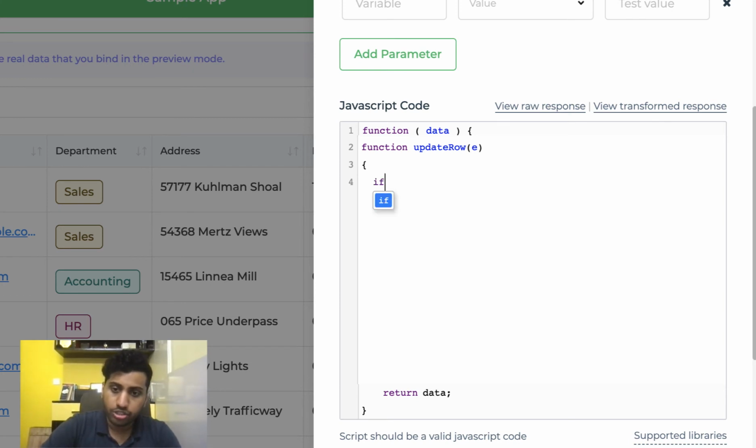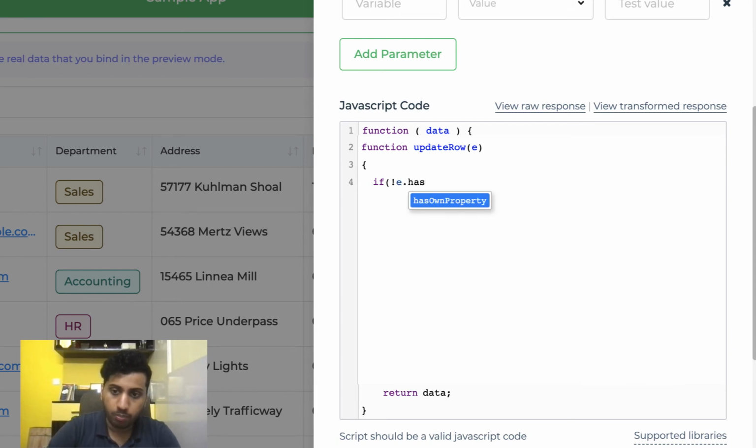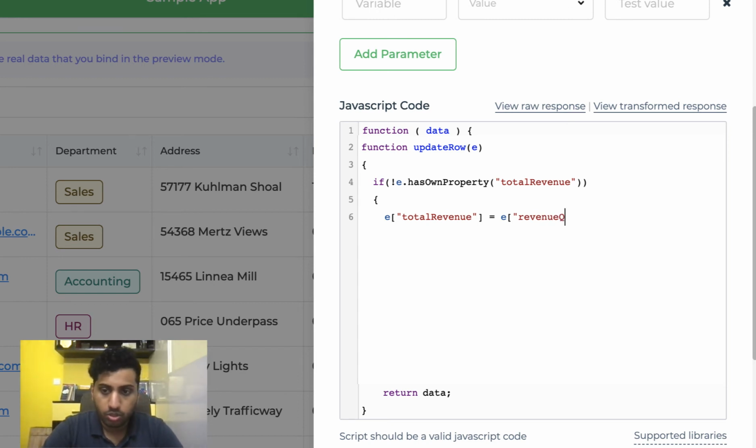I'm then going to write a condition that if my event doesn't have a property called total revenue, then I want to add it, of course. So if it doesn't have that property, I'm going to add a property called total revenue, and I'm going to set its value to the sum of all quarters. So this is equal to e of revenue Q1